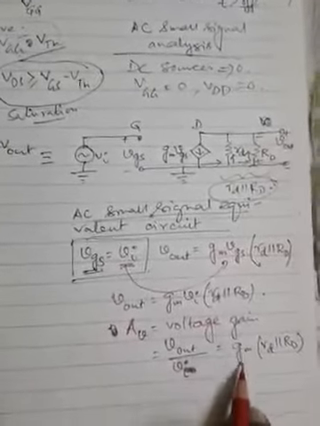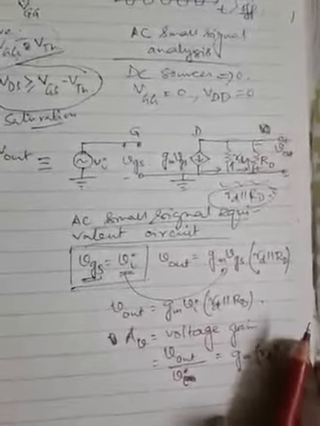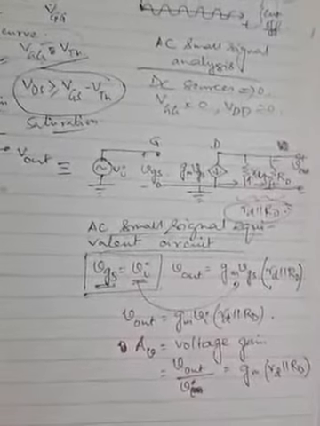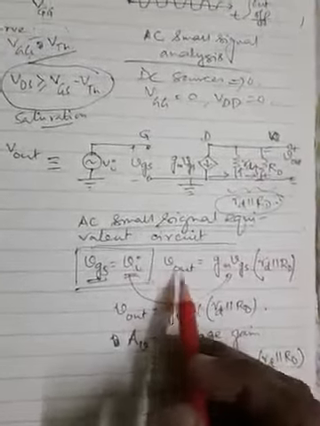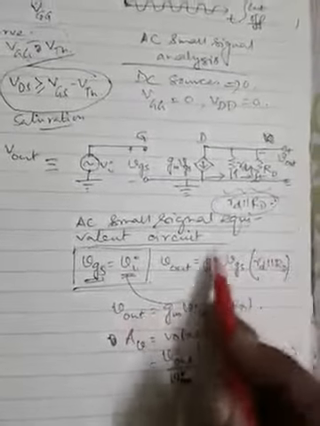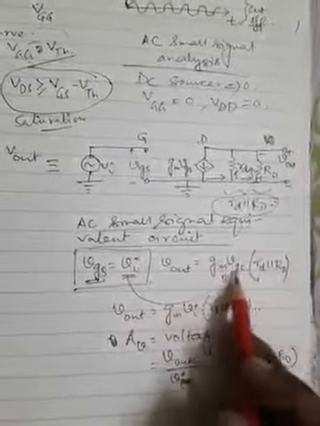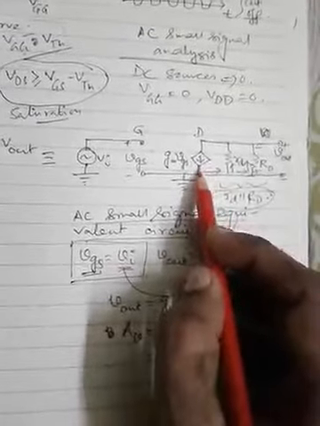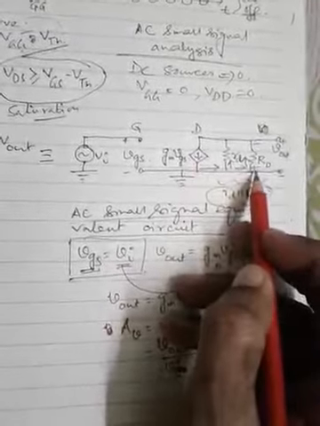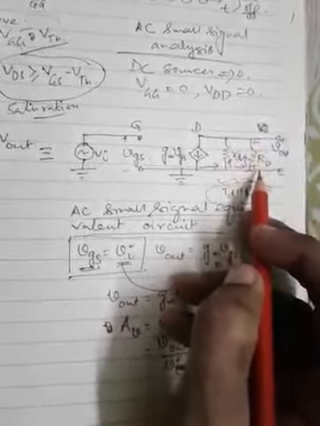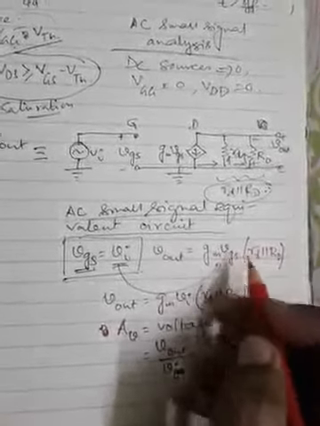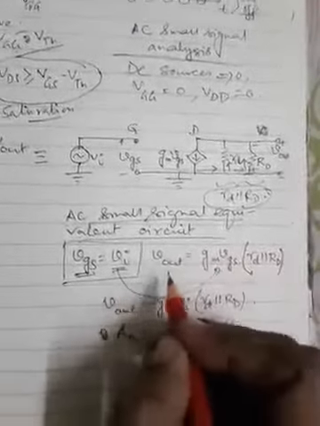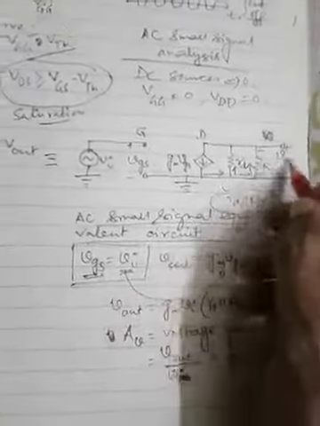Now this is the magnitude of the voltage gain. One thing we need to add with it is the phase of the parameters. That means this V out has the opposite polarity to Gm VGS, because Gm VGS will introduce a potential drop in opposite polarity across this load resistance RD. So this Gm VGS into this whole resistance will give a polarity of voltage that is completely out of phase with the output voltage, as we have seen over here.